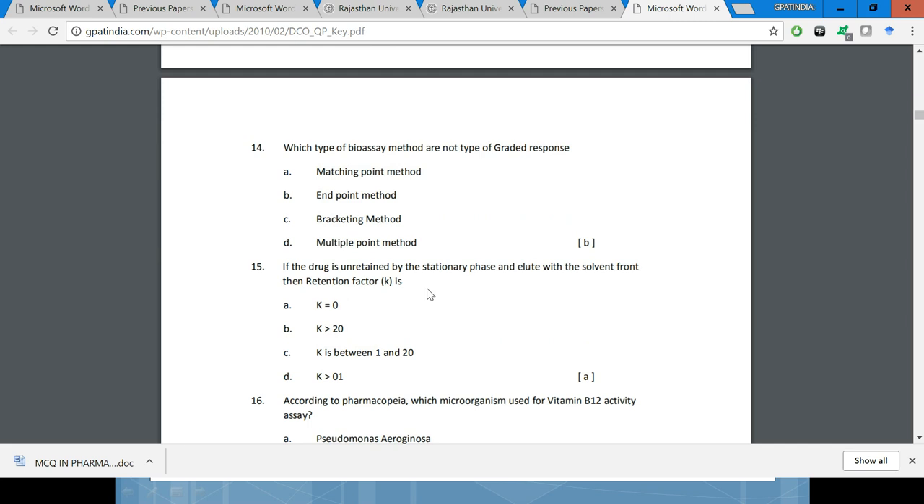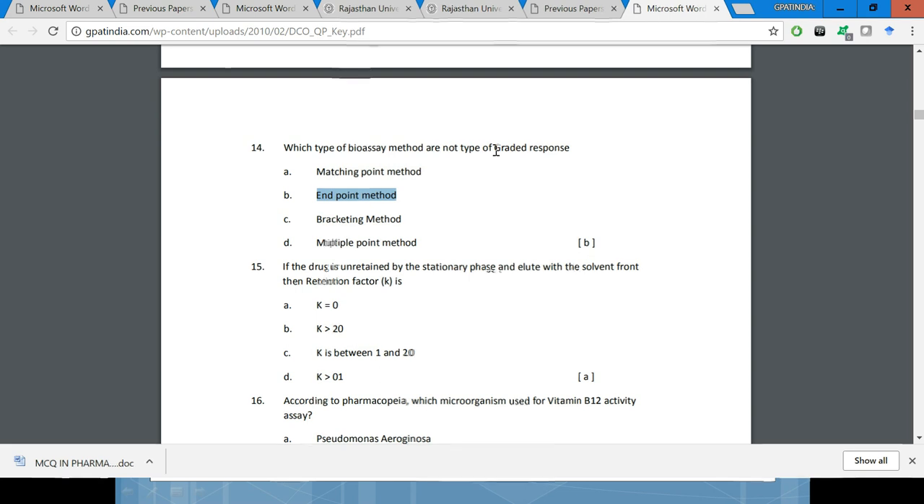Next question is related to bioassays. Which type of bioassay methods are not a type of graded response? If you remember bioassay methods, there are 2 kinds. One is quantal assays, that is called direct endpoint, and second one is graded response assay, mostly used for tissues. I would say the endpoint method cannot be answered for graded response type of bioassay, because